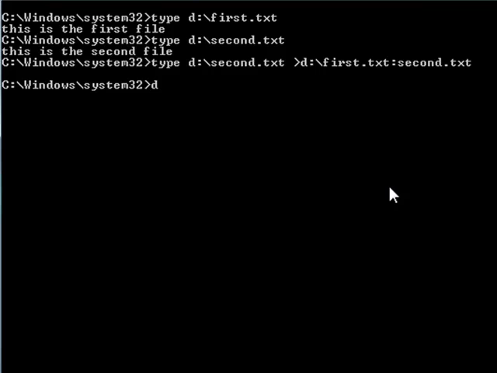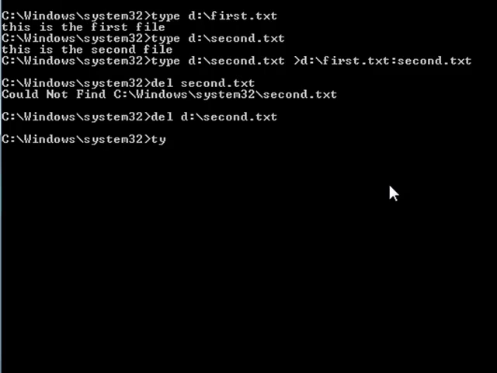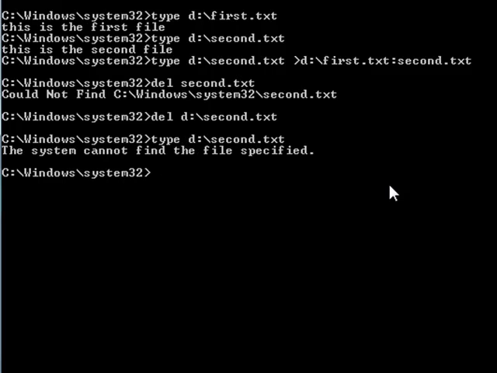That's done. Well, let's delete the file second.txt. I'm sorry, it's in D directory. It's deleted. Now let's confirm by typing it. Alright, so as you see, the file doesn't seem to appear there in the D directory. However,